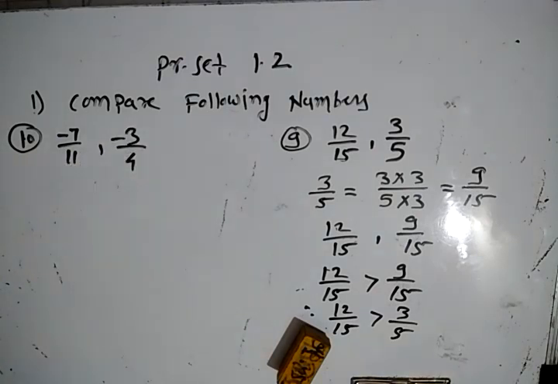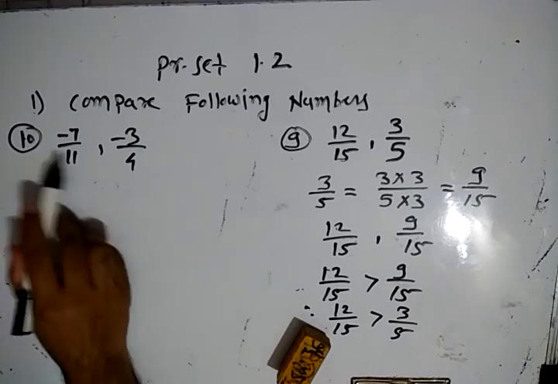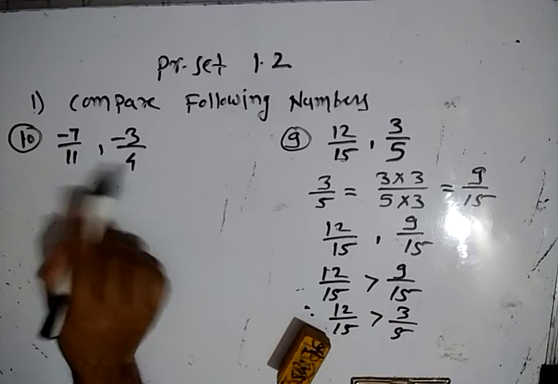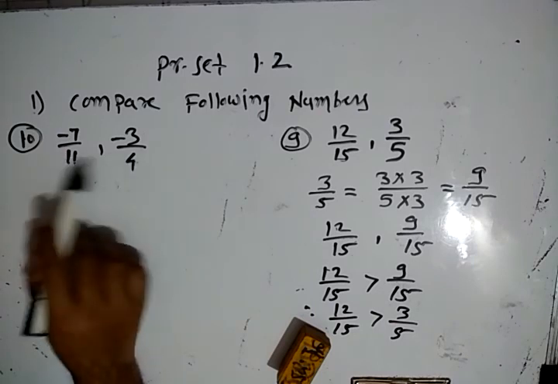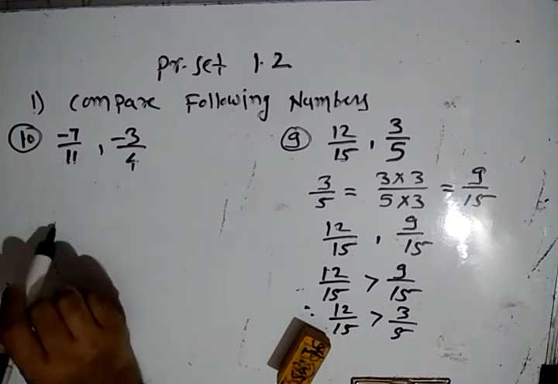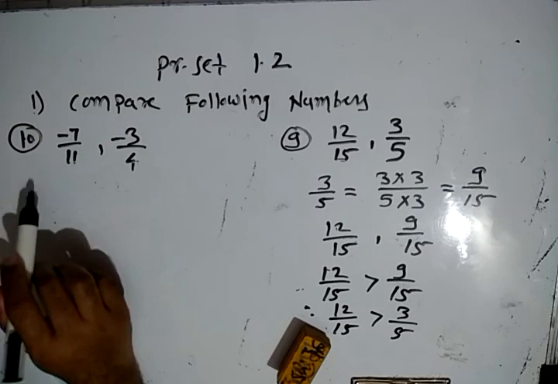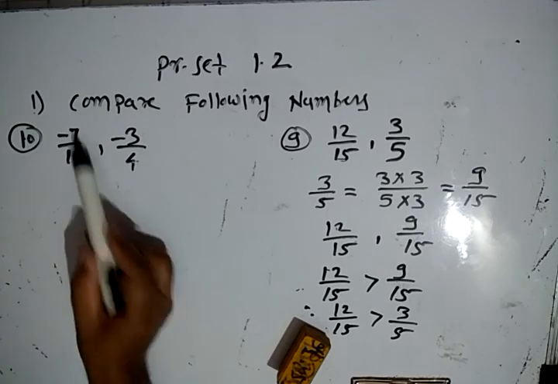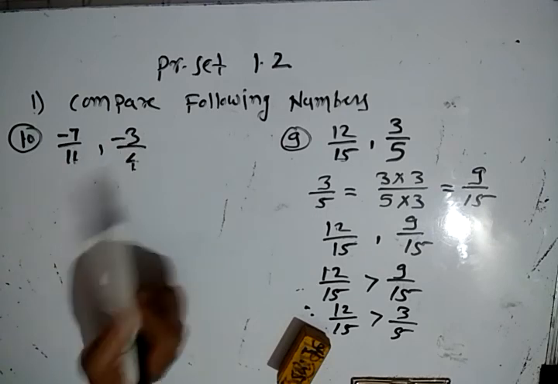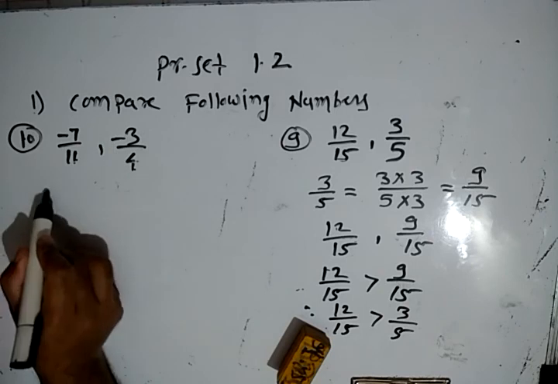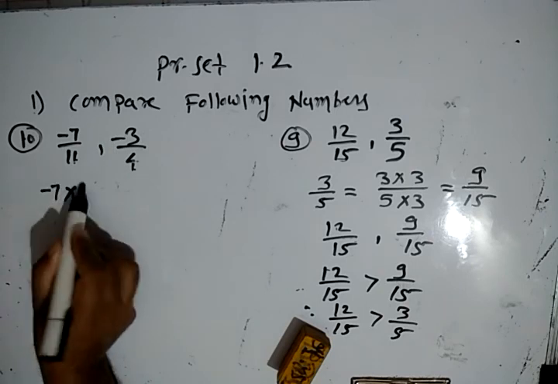Minus 7 upon 11, minus 3 upon 4. Here 11 and 4, the denominators are different. We use the rule: consider this is A, this is B, this is C, and this is D. Therefore we can write here minus 7 into 4